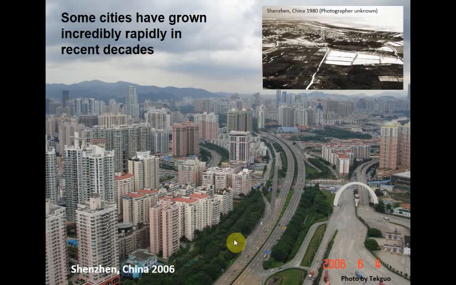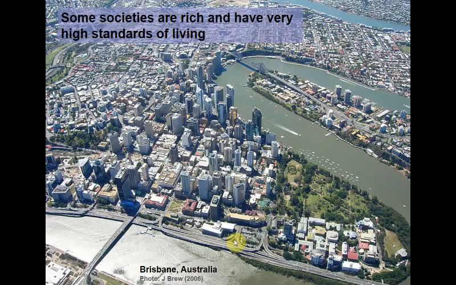So this is, I like this image, it's of Shenzhen in China. And up in the top right-hand corner, there's an image in black and white of it taken in 1980. So you notice in that black and white image, there's no high-rises. It was essentially a pretty sleepy fishing village. And then after 1980 up to 2006, it just grew to massive skyscrapers and has become an incredible industrial hub and a massive port for exports from China. So incredibly rapid growth.